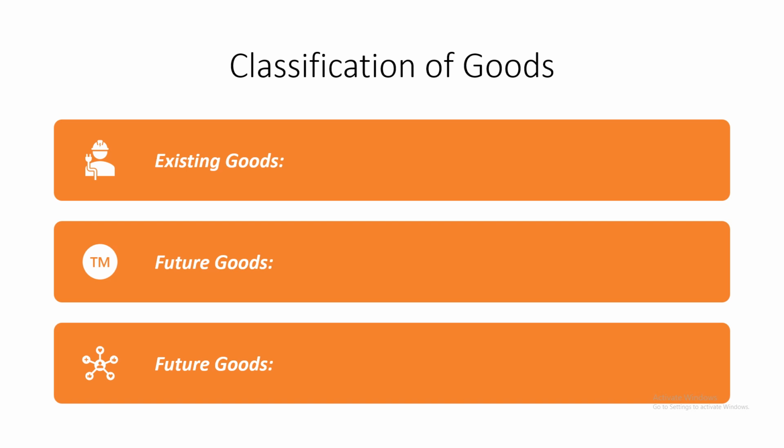Let us check what is this specific goods or generic goods. These are the goods which have been actually identified and agreed by the parties at the time of contract of sale. The second subclassification of existing goods are